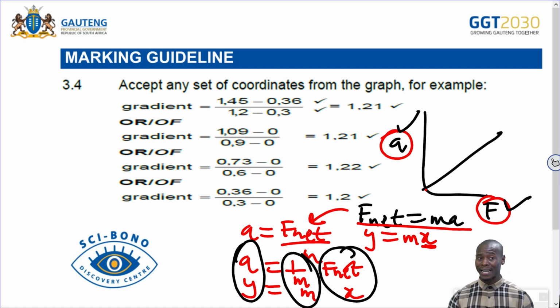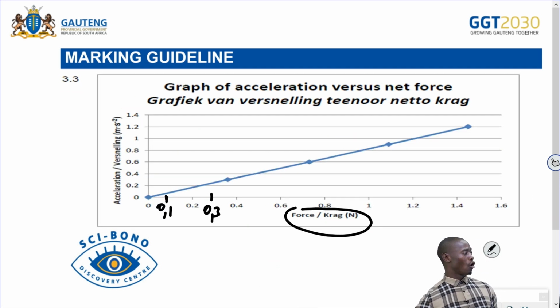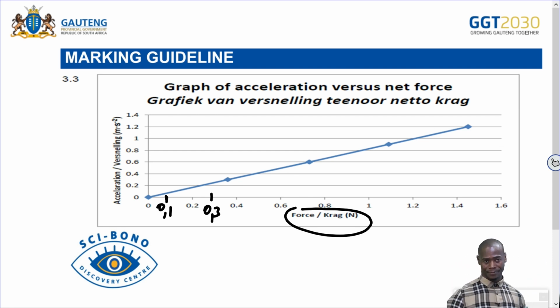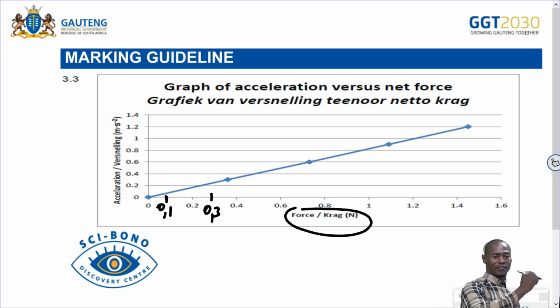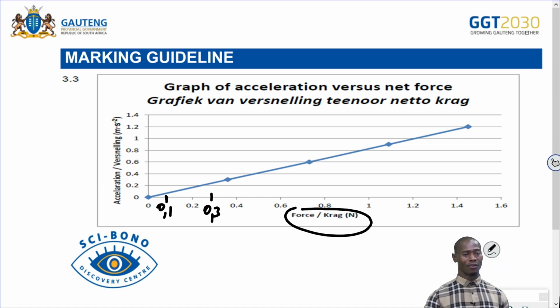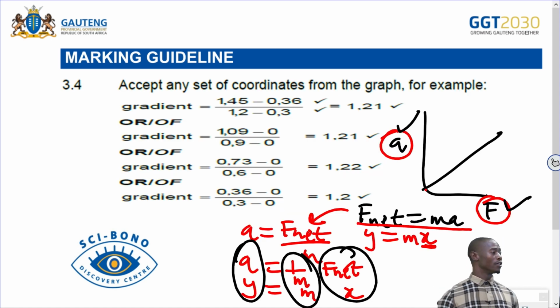And when it comes to gradient, you need how many points? 2 points. And those points must be points on the line. Fortunately, all the points on this graph are on the line. So if it happens that you draw the graph and some points are not on the line of best fit, please don't use those points. Use the points that are on the line. And you need 2 points. So they've used 2 points here, and then your gradient will be